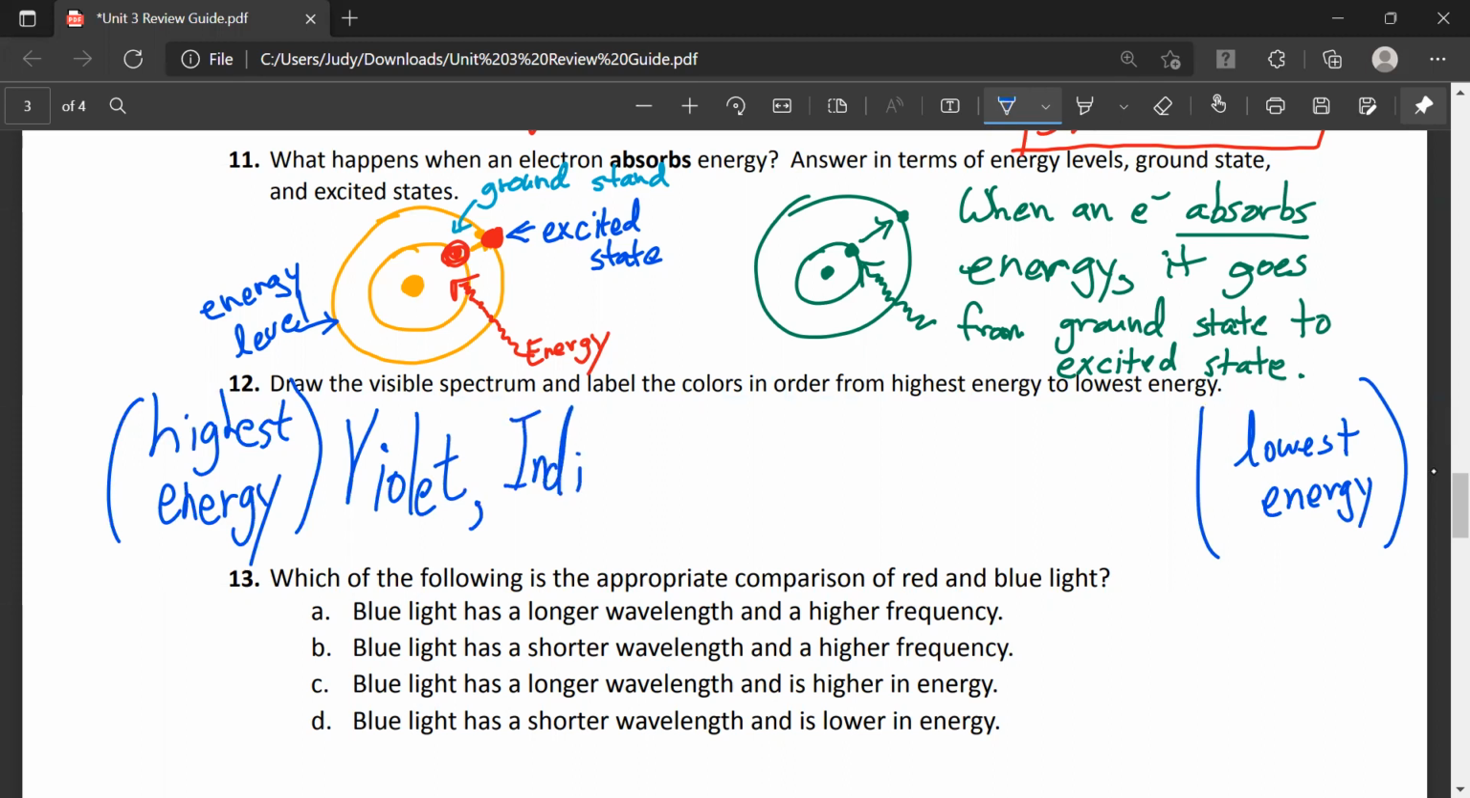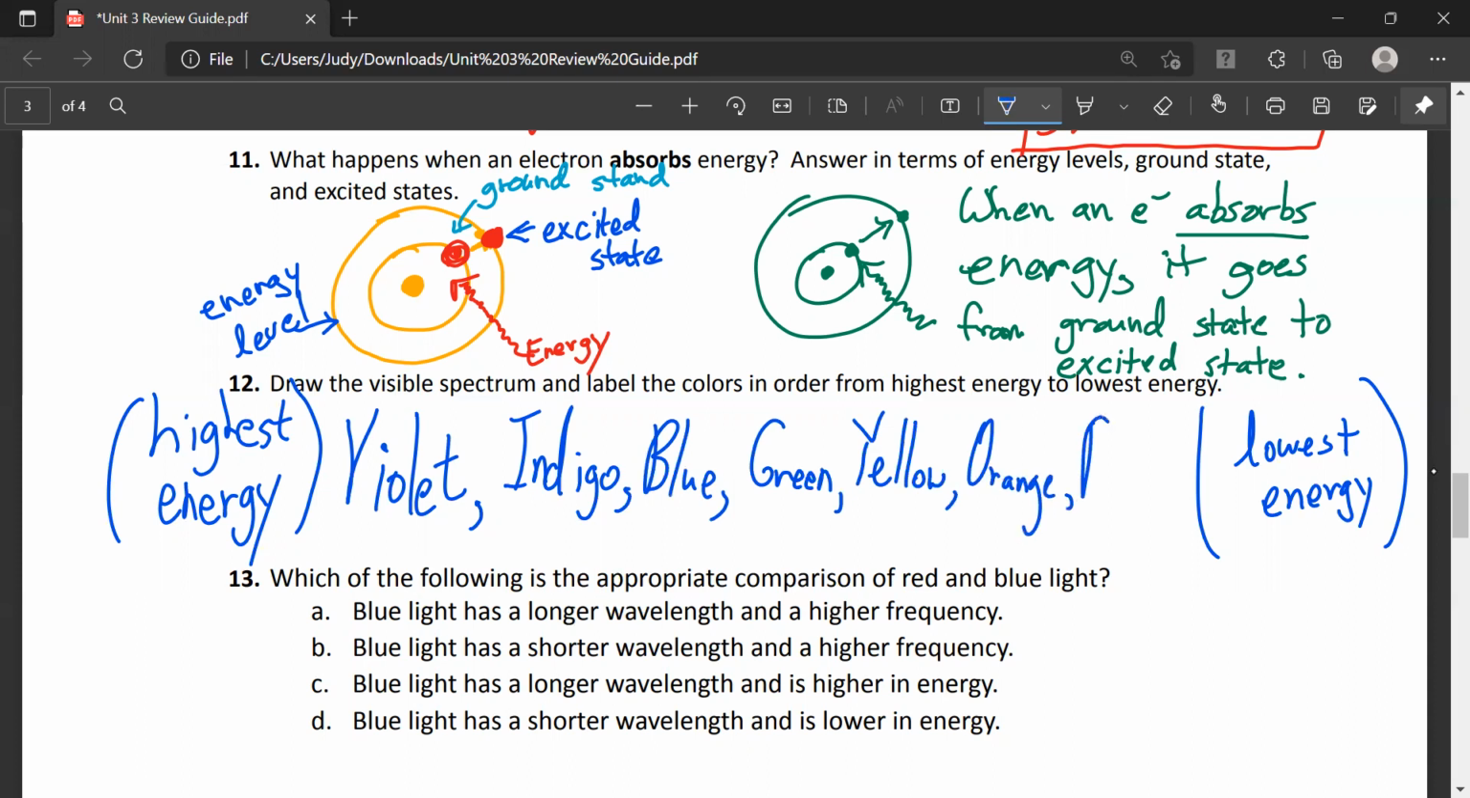Next is indigo, then blue, then green, then yellow, orange, and red. Okay, so it's kind of a reverse of ROY G BIV, but that is the pattern for the